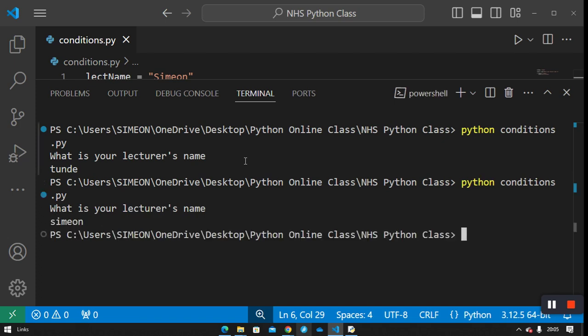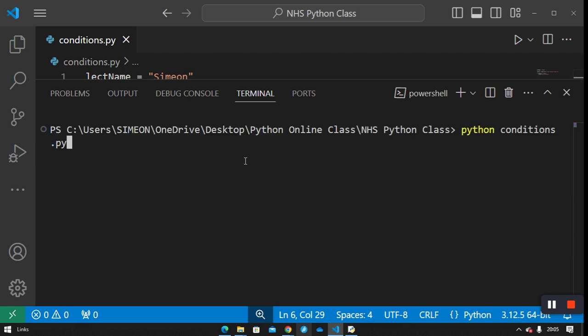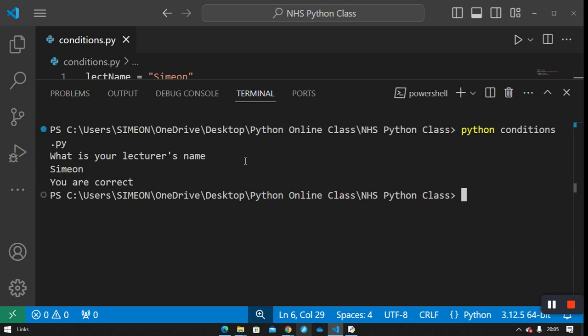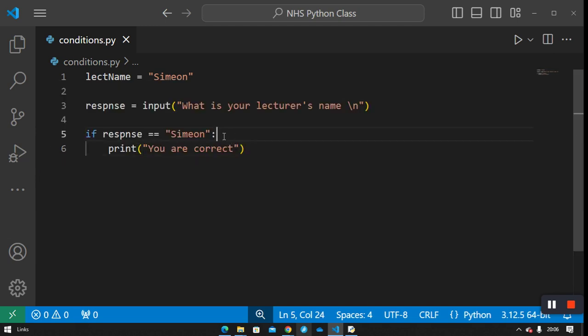Now it's not telling me anything, and I'm very sure it was Simeon. So if I do it again and I say Simeon such as this, it will not say you are correct. For you to know that the very first if statement executes only the true statement. Now, if you want to hold an exception to it, you use the else